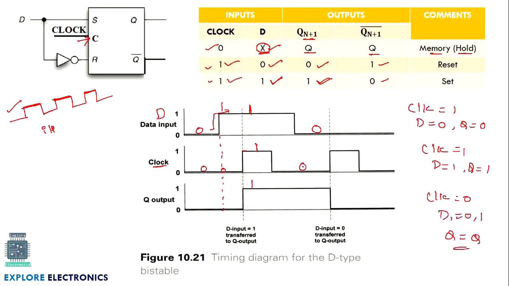And again here in the clock 0, even if the input changes to 0, output will not change, it will be in the same state. This is what the hold state means. This will be called the hold state or the memory state. When the next positive edge or the positive level of the clock comes, this is sensing the change in D to 0 and it is changing to 0. This is how the D bistable or the D flip-flop is going to work. In the D flip-flop, simply we say when D is equal to 0, output Q will be following D. When D is equal to 1, output Q will be following D. That is 1. Provided clock should be 1.